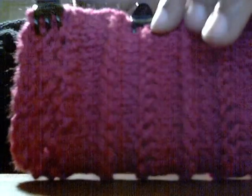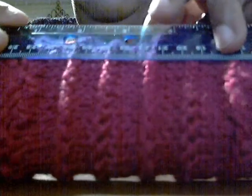Okay, so everything's clipped now. Now you've got to leave a thumb hole. And the thumb hole should be, if you're making this sort of short wristlet, sort of from the wrist to the thumb should be about 3 inches or so. So if you measure 3 inches,